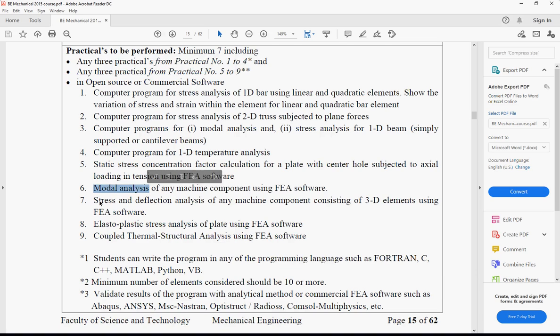So 5 is covered, 7 is covered, and elastoplastic. These two I will cover next week, and that will be the end of your practicals also. And you have to prepare a file for this. Prepare a Word document and store it in PDF or Word format, whatever it may be, and you have to submit it. I'll be doing that assignment again, and most importantly, I'll be taking the exam again next week. But this time it will be on the full syllabus. So do let the people know.